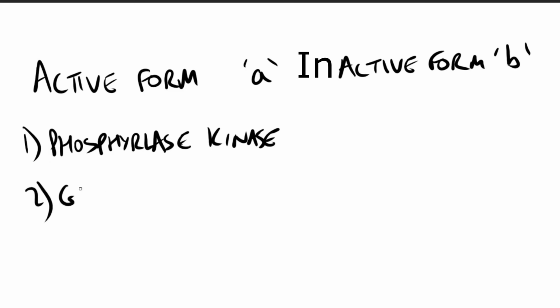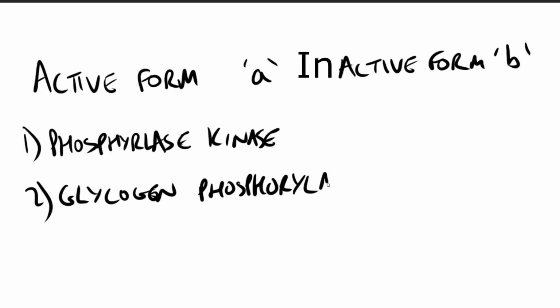So what did we understand from this? That the enzyme protein kinase A, it phosphorylates phosphorylase kinase, which in turn phosphorylates glycogen phosphorylase, which produces glucose from